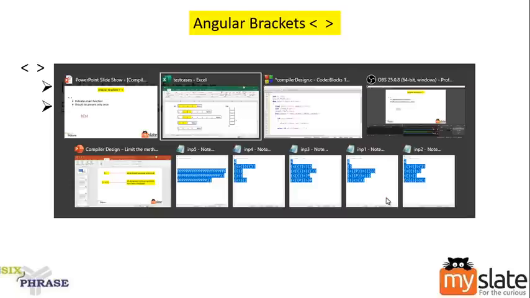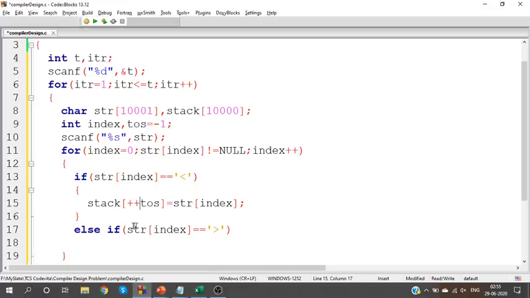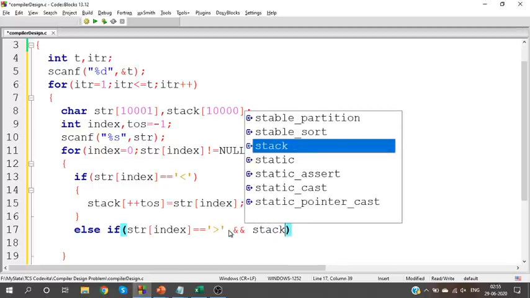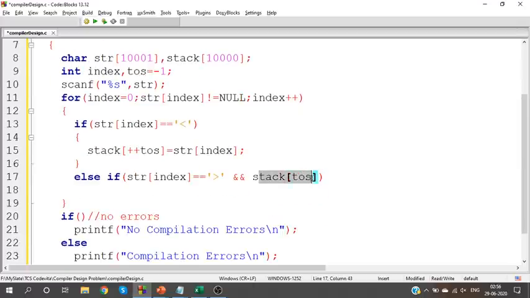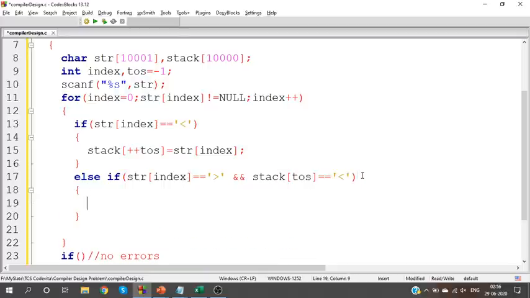Okay. So in our coding part, when I see a close angular bracket, I am going to ensure that the top element inside the stack is an open angular bracket. Only then it makes some sense. So if I have a close bracket and an open bracket, in that case I can pop the element.